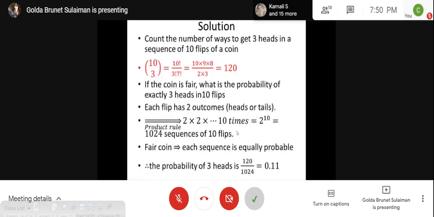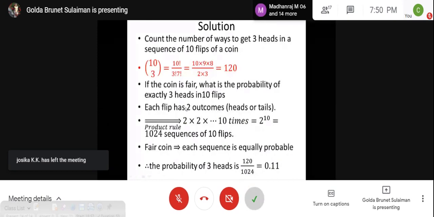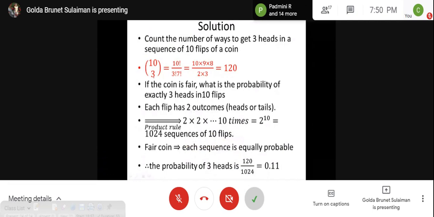We'll discuss this, and I think with this we will end. So count the number of heads. That's the first part, and I think we have seen that. It is 10C3, which is 120, or you can go for the product rule, which will also give you, oh, it will give you more, right? I should think about this. So 10 choose 3 will give you 120.